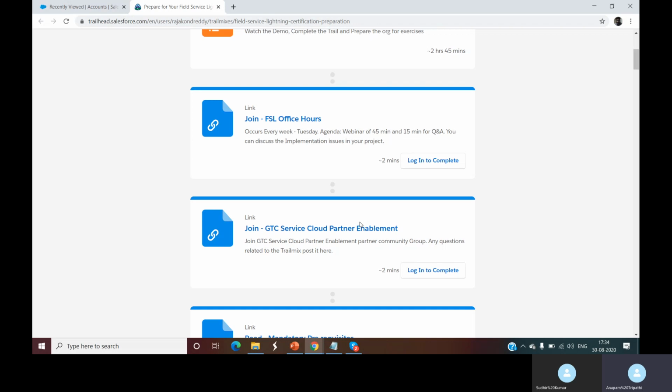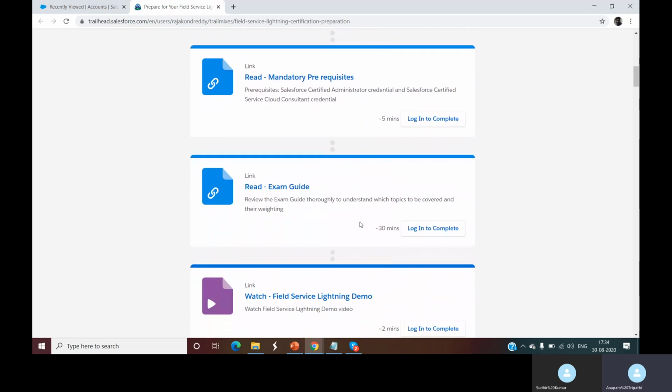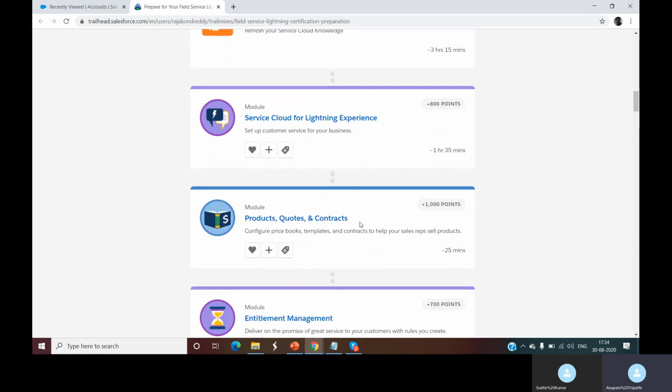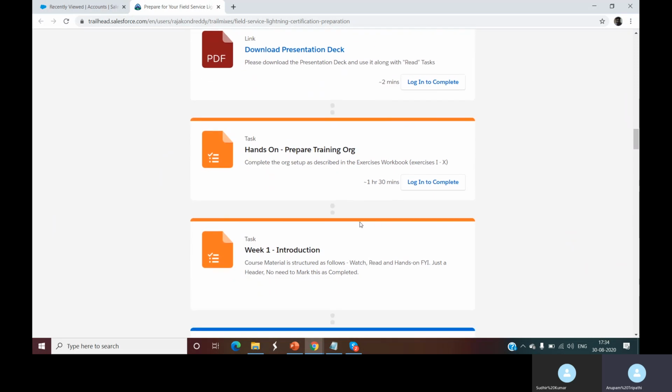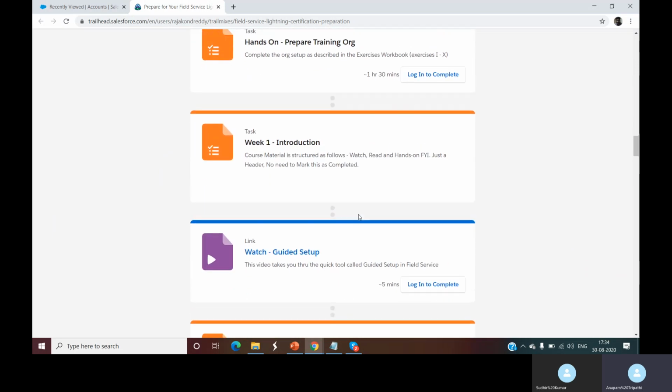But if you want to see a wide range, or maybe you want to play with the maximum users, more than 2 users or up to 30 users, there's also a link provided here to register and get access to the training org.